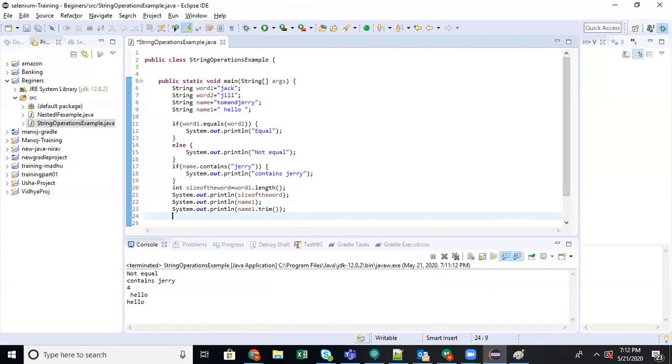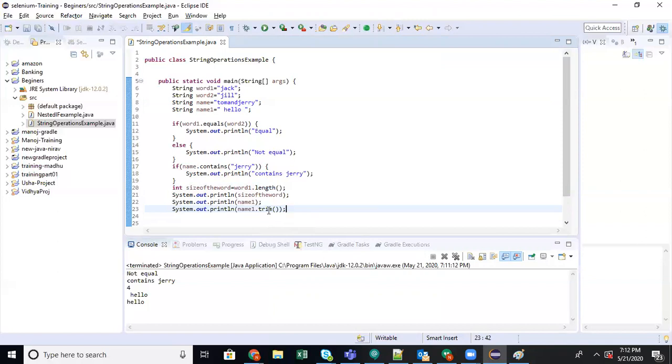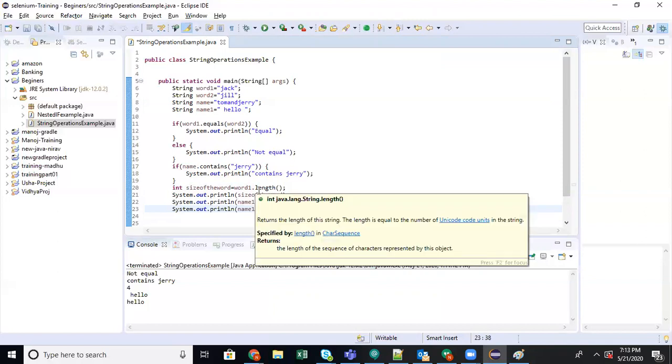I'm just thinking what other string operations I can cover. There are a lot of string operations because they come along with the JDK. The classes and methods that we are using are predefined. Someone has written the code and they are giving it to us as part of the JDK, so we use it for functions like addition. They have written some Java code, and when we use it, it does some operations for us. Whenever the JDK is updated, a lot of string methods will be added on top of it.